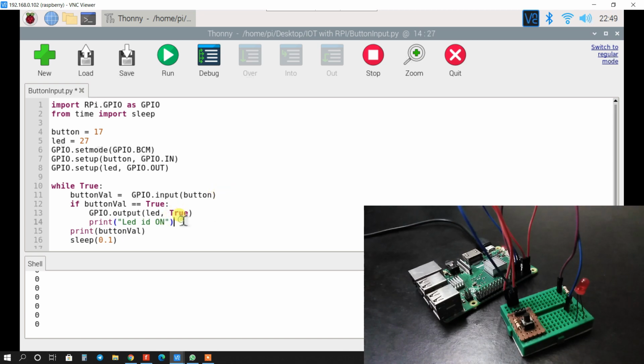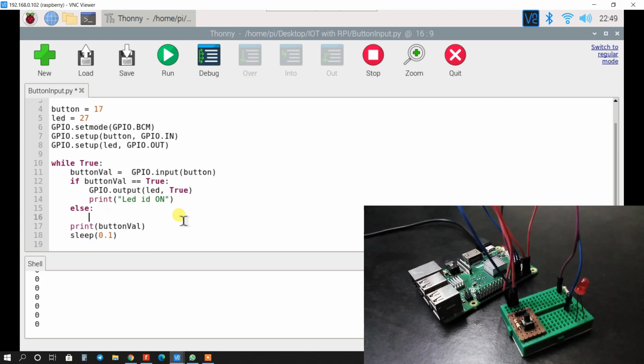Okay, and I will use else here. GPIO dot output LED will be turned off, so it will be false.